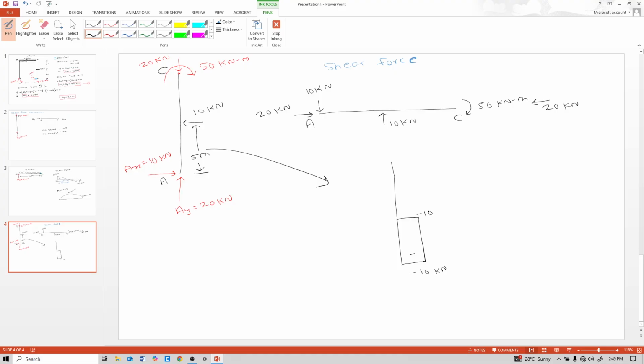So here also minus 10 kilonewton. This is SFD. Now draw BMD, bending moment diagram. This is A, this is C. Now see, this 10 kilonewton meter is anti-clockwise moment, so minus 10 into 5, minus 50 kilonewton meter, and here